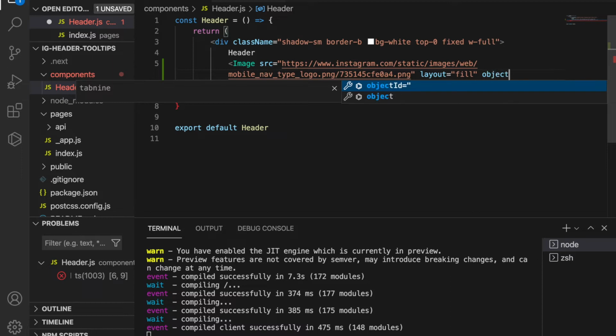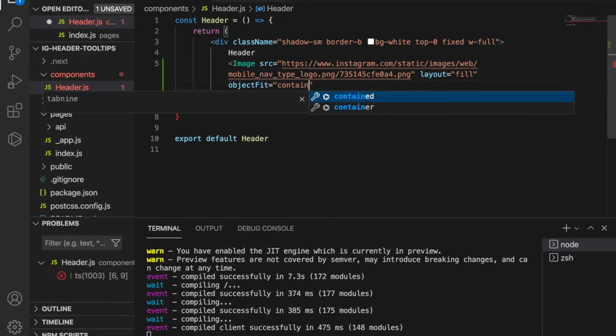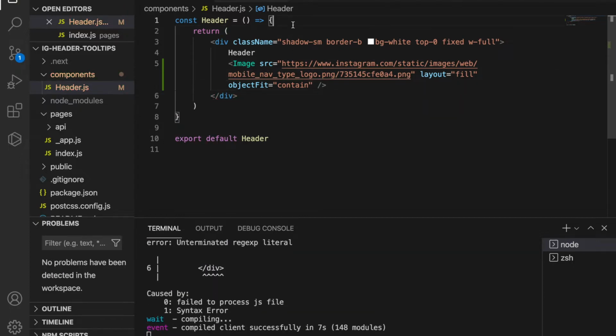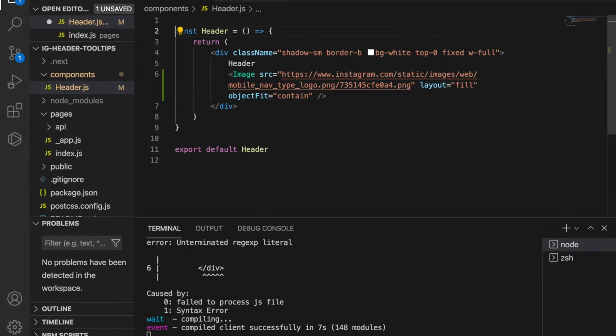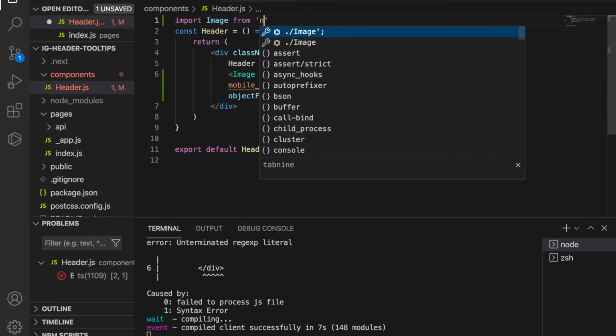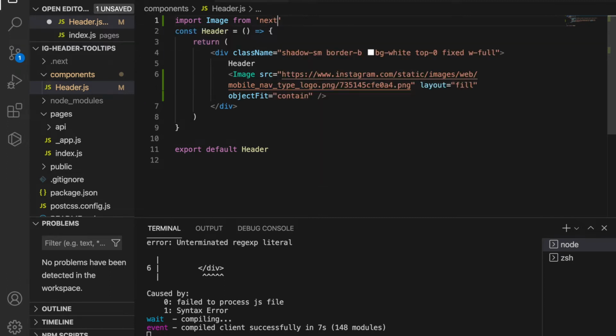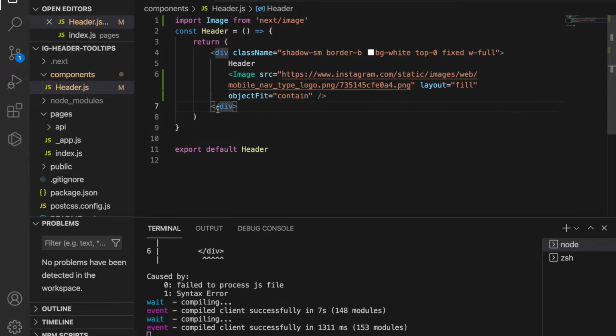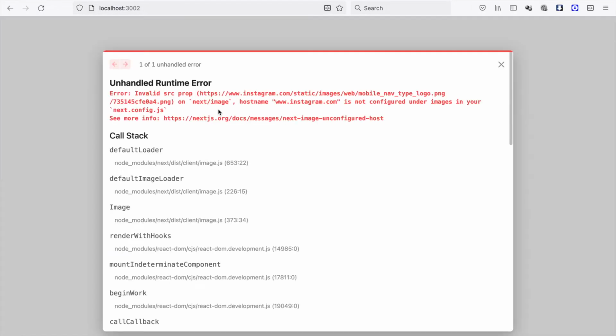fit is equal to contain, and then we close the image tag, and then on the top we are going to import the image from next/image and save it. Now we take a look at our website, and you can see it said that the host